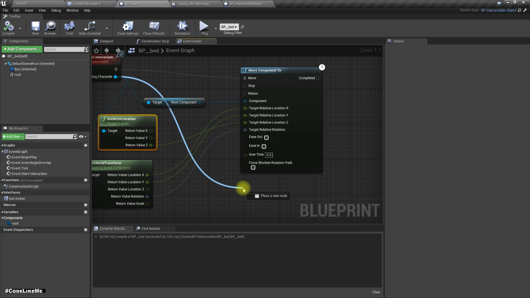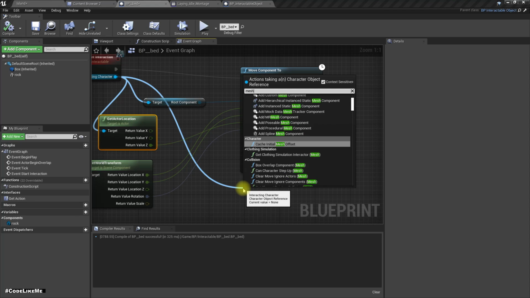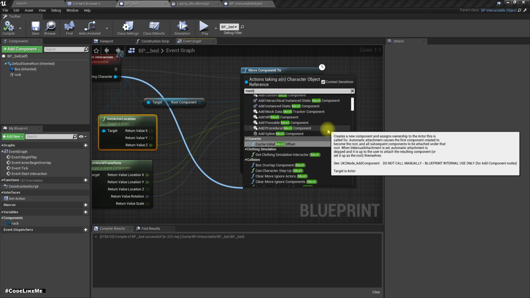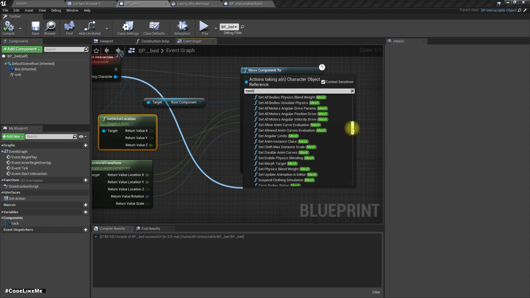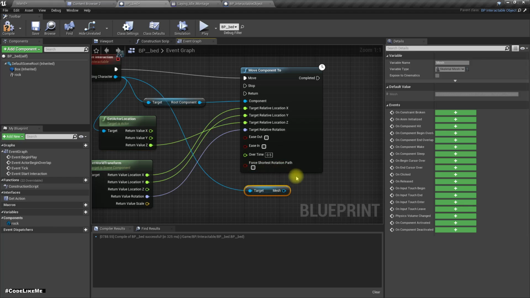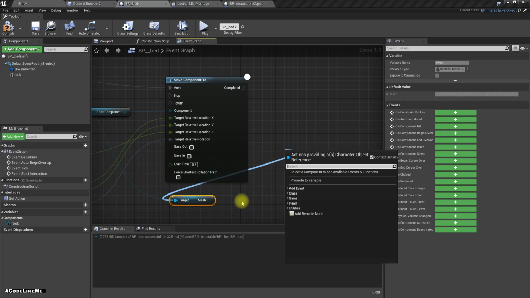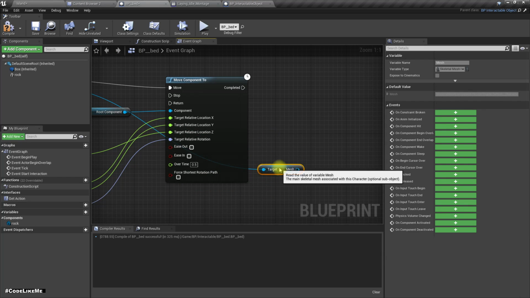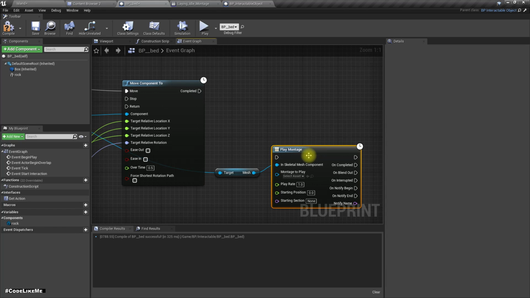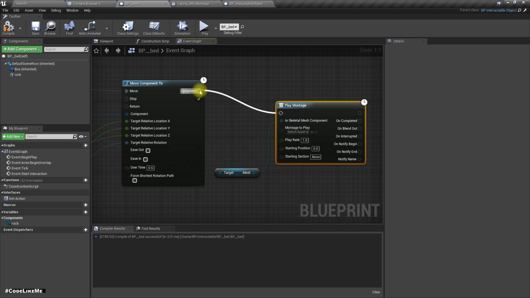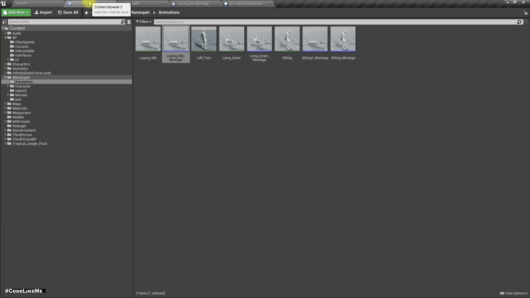Now let's get the mesh of the character like this, and then play montage. So first I'm gonna play this sitting montage,